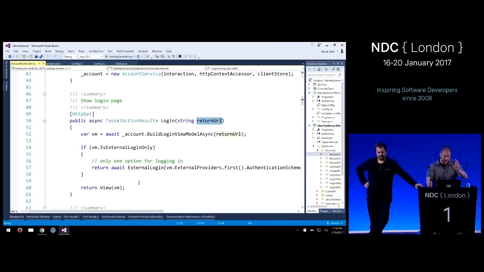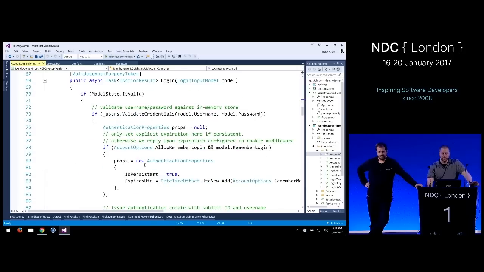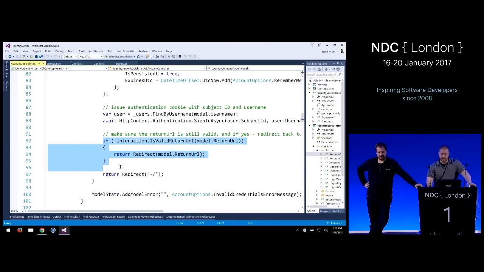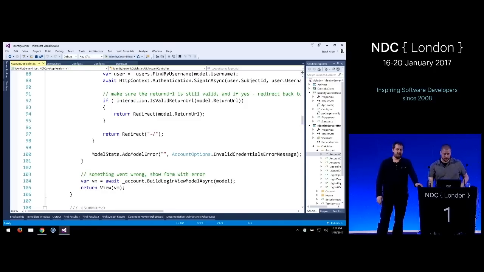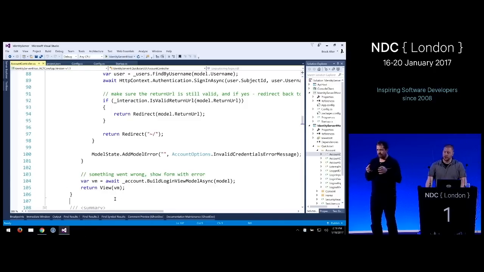So you have to maintain the return URL as part of round-tripping the data in the UI. That's basically the last thing. Once they're signed in, you take them back, and then we continue the protocol processing and send them back to your client application. Again, this can be arbitrarily complex. This doesn't have to be a single page. You can have a complete registration workflow, two-factor auth, whatever. Just hold on to that return URL because you're going to need it at the end to go back to us. Which is pretty standard in ASP.NET applications.